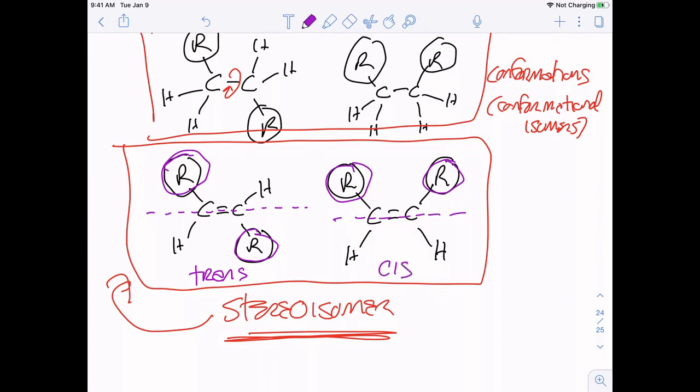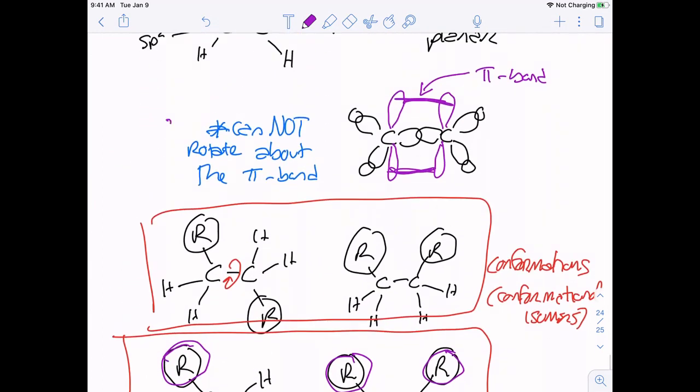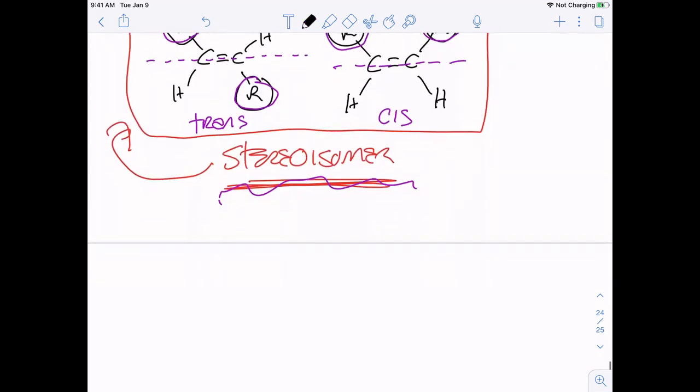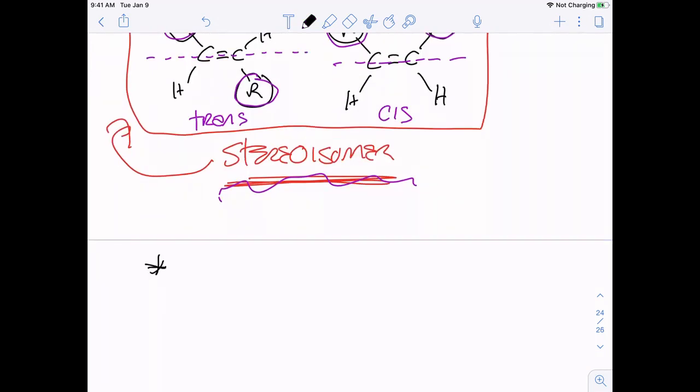I don't have free rotation around that bond. I cannot freely rotate. Because of that, we get stereoisomers. So to have cis trans isomers, each of the carbons involved in the double bond need to have one, and actually only one, carbon-based group attached to them. So to have cis trans isomers,